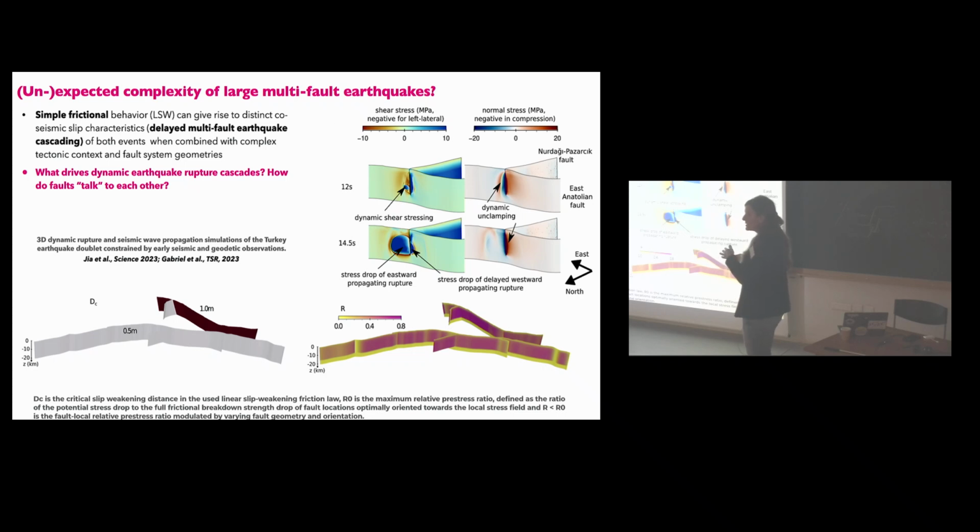Because in dynamic rupture simulations and seismic cycle simulations, we're prescribing DC, we're prescribing fracture energy. And that means if you're using a too large value to be able to save some computational cost, we actually can't model small magnitude earthquakes because they would never nucleate. So it's actually quite challenging and hasn't been done to include all of the different sizes of fractures and faults that exist in a single model to try to better understand how they interact.